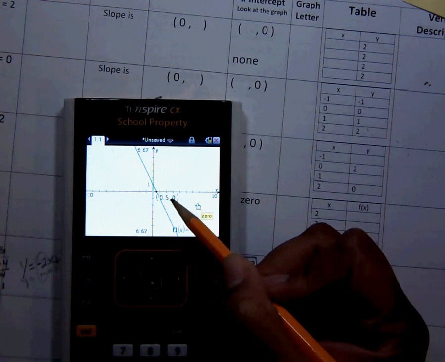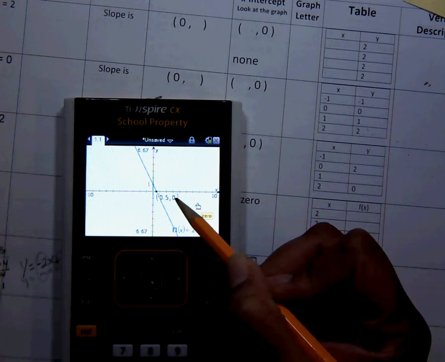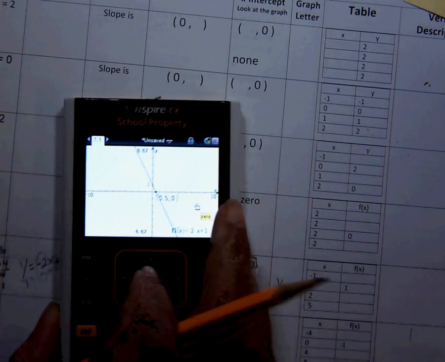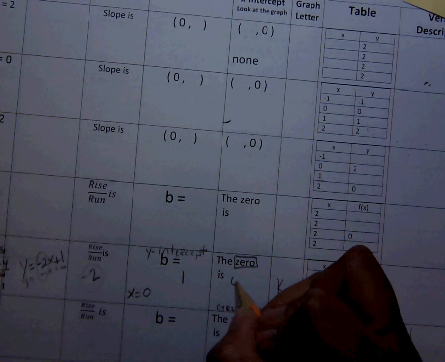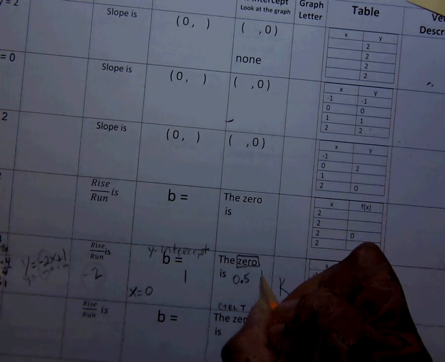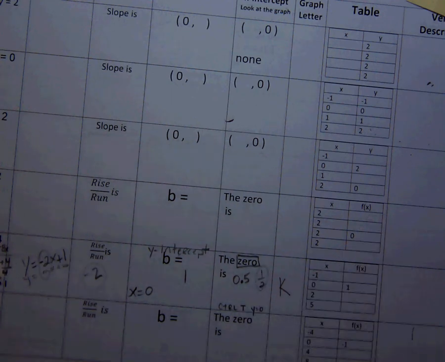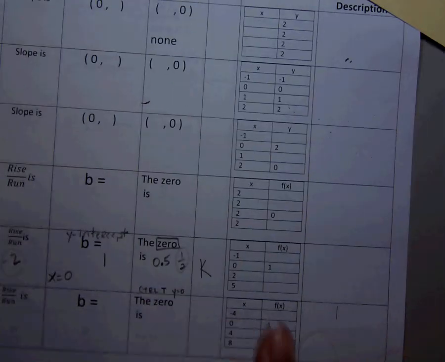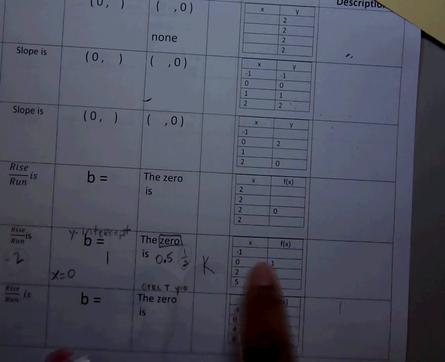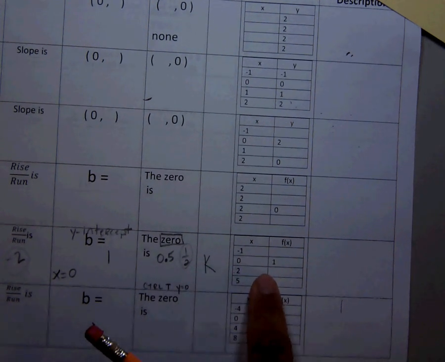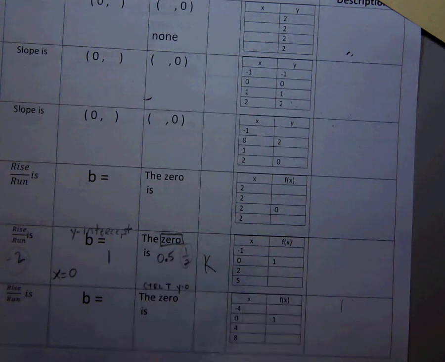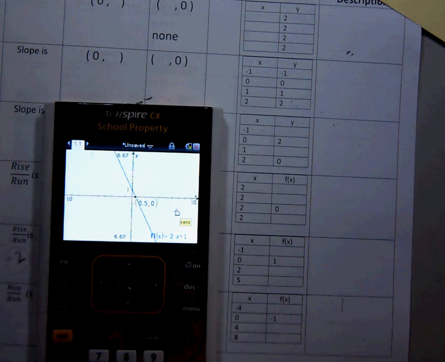My y is 0, and my x is 0.5. So the x-intercept is 0.5. That means it's 1/2, just like I said it would be. Okay, so we have the table, so it's not that we don't need the table, because we need the table for this. Even though we were trying to find the table to get this 0.15, we now have the table to fill this in. So Control T,